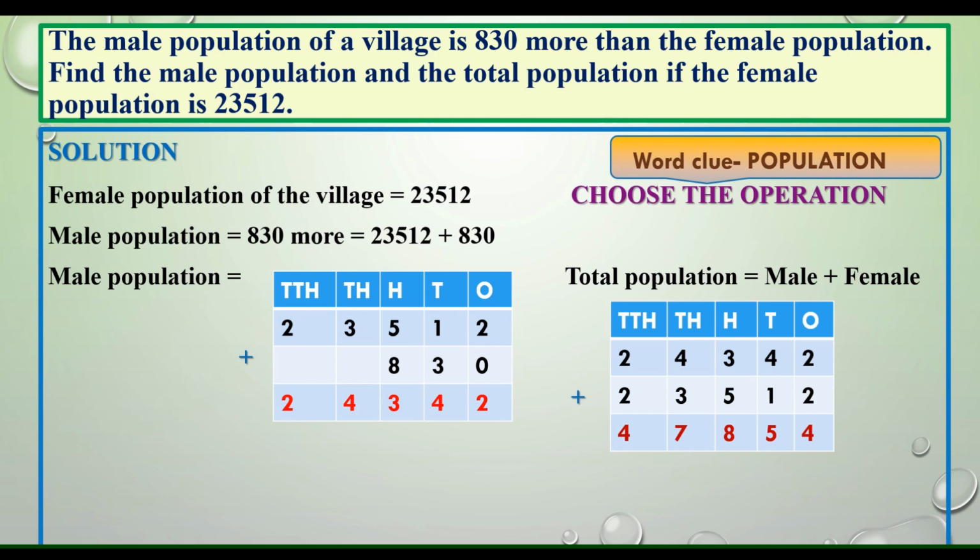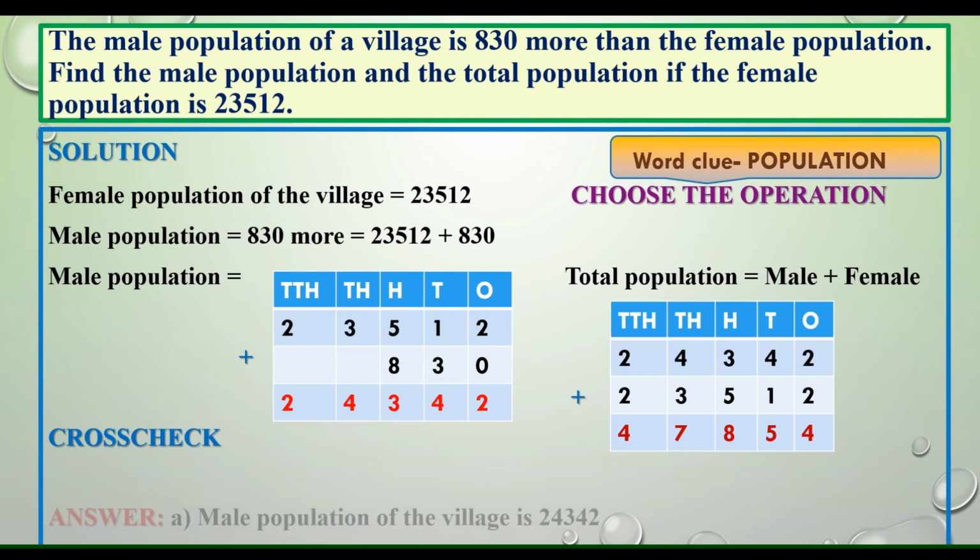Add both these numbers and you will get the total population, that is 47,854. Now you have to cross check. So how will you cross check? Two simple ways. First is simply add and check your answers in both the tables. If you feel it is right, you can proceed, and if you feel it is wrong, then from total population, if you subtract female population, you will get number of males. That will be the answer of your first column.